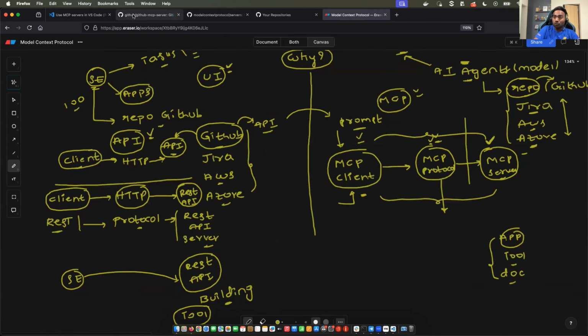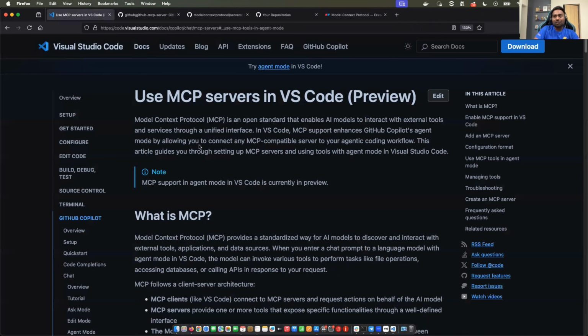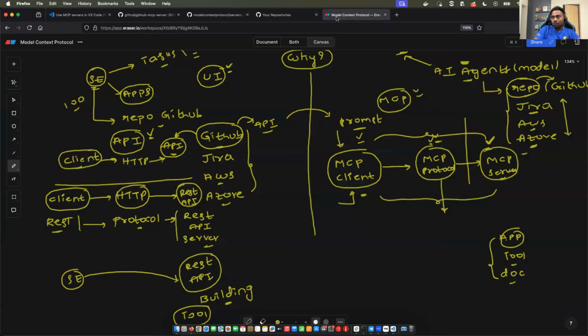Go ahead, use the GitHub MCP server. You will find the links in the description as well. And create a repository just like I have shown in the video. So to conclude,